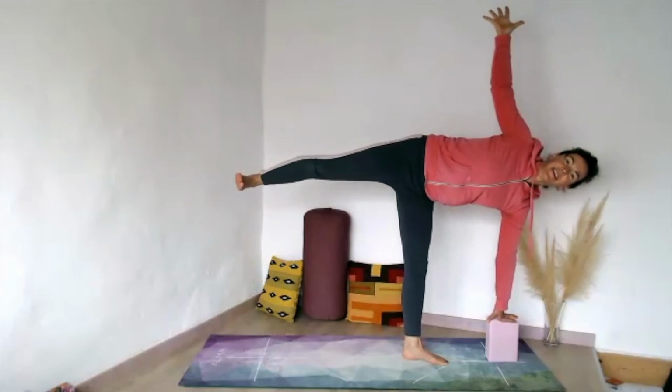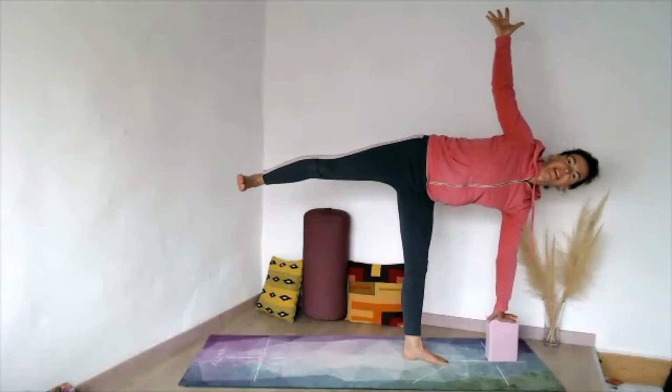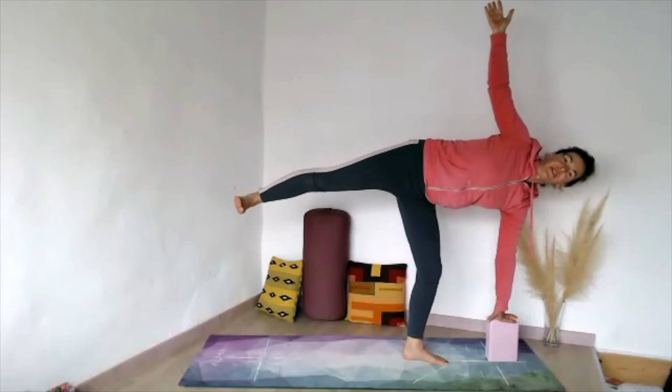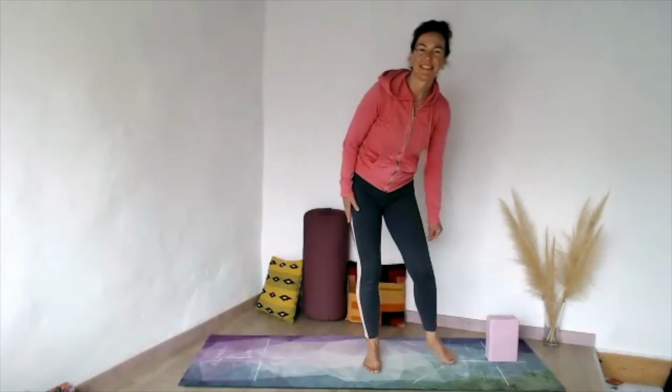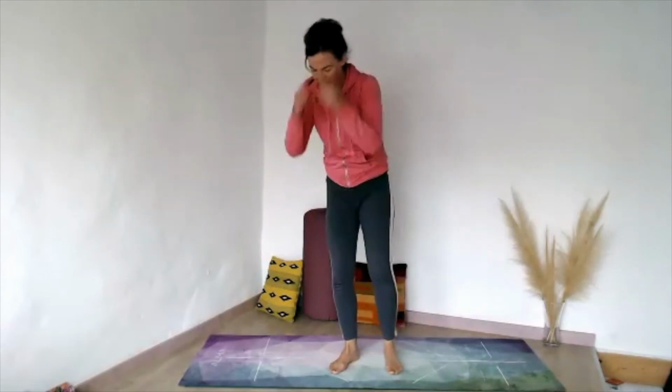Nice. Finding the stability, the balance in the pose, breathing. And to release, we bend the front knee, we bring the upper leg down and release. Nice, nice one. You can put the block to the side and let's find our way down towards the floor